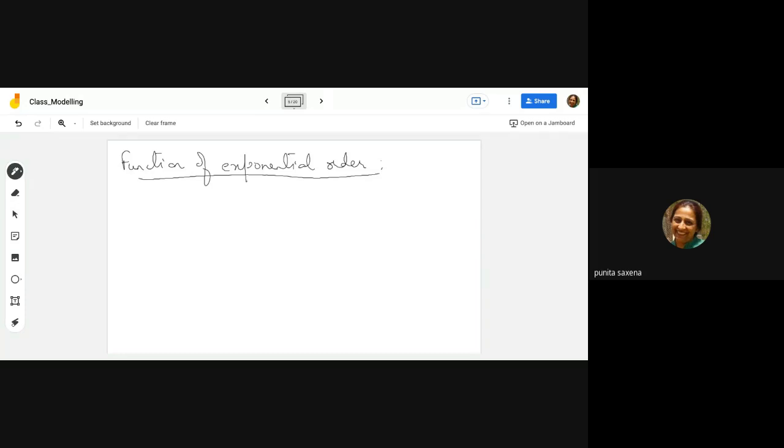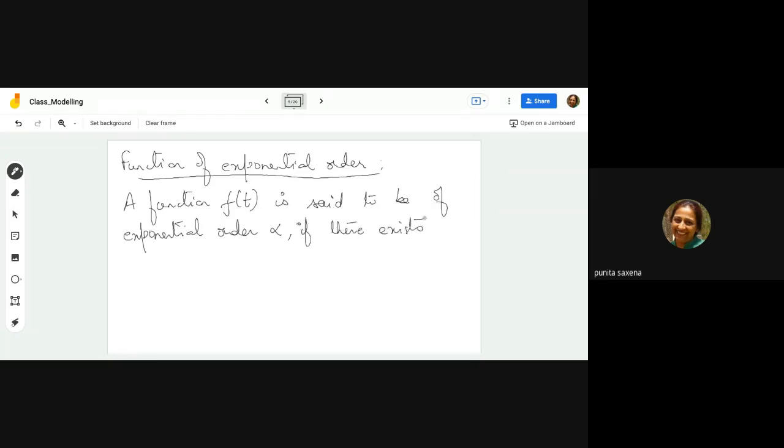We say that a function f(t) is said to be of exponential order alpha. See, now this order also has a parameter attached to it. If there exist constants,